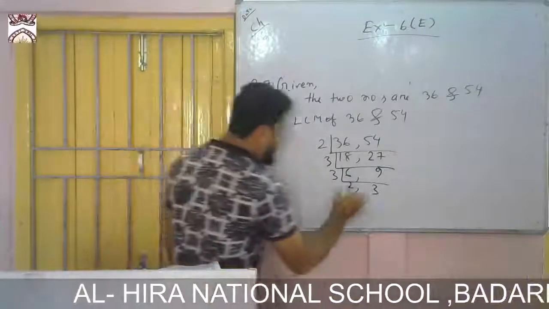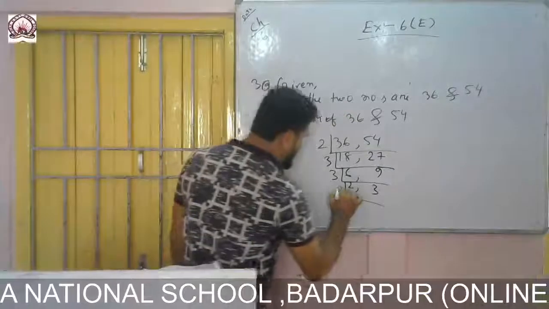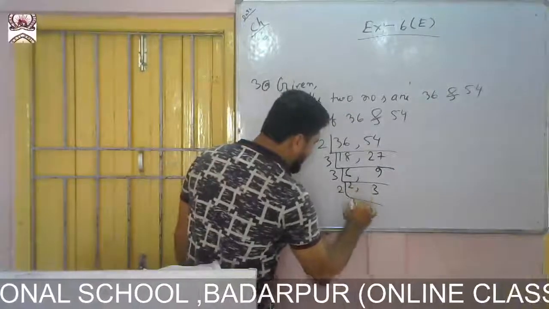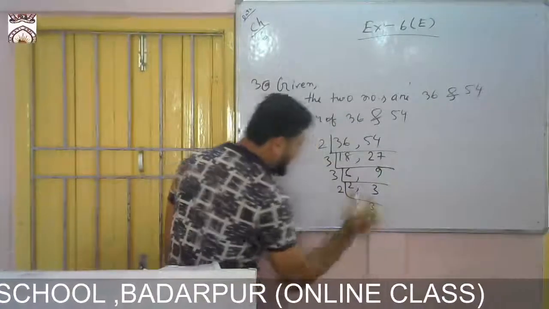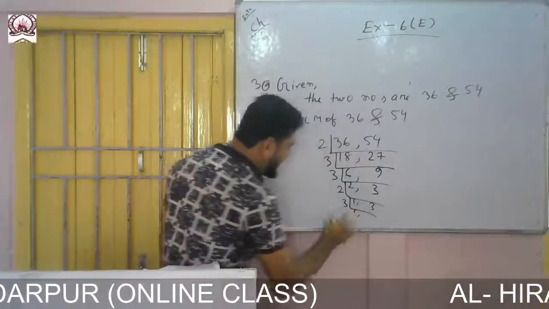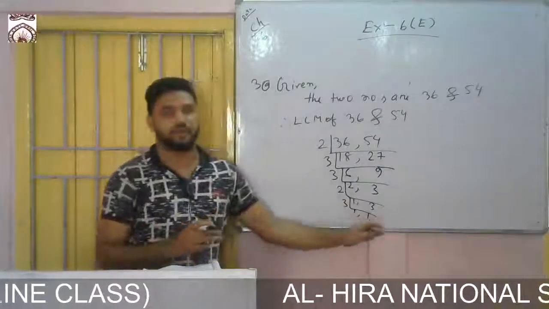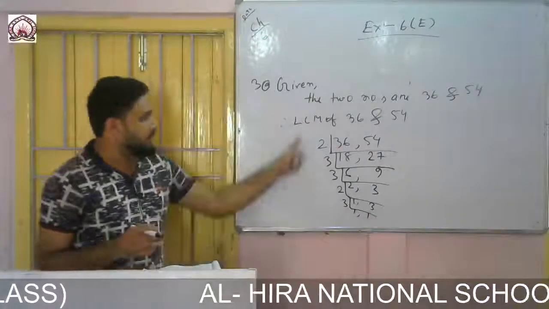Okay, again these 2 and 3 we cannot divide with any numbers, so we shall first divide 2 1s are 2 and we shall keep 3 here. Now 3 is there, so keep 1 as it is and 3 1s are 3. Now at last we got 1 1, so we'll stop here. Okay, so now you check.